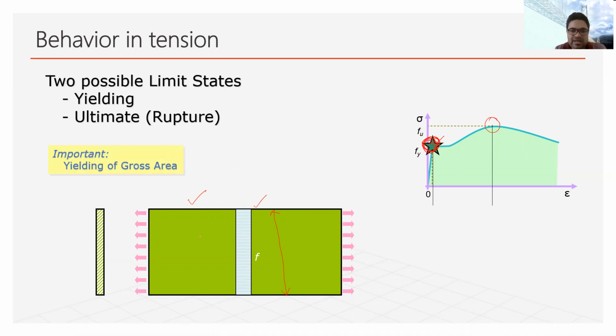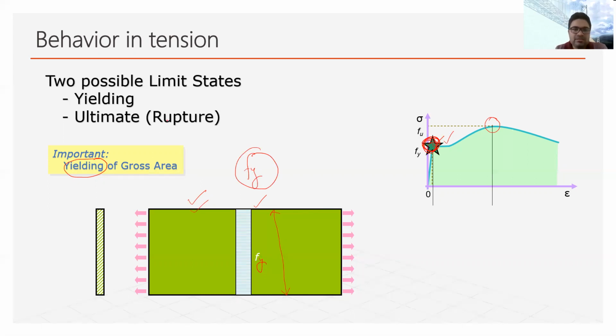in case of gross area, as you can see in this plate, we consider the yielding part only, which means we consider the Fy value in this case. And as you can see, this star is showing that we consider Fy value in this case. Beyond Fy, the whole section is yielding, and beyond that, the whole section is getting in the plastic stage. So because the whole section is in the yielding, we consider the maximum strength of the gross section as Fy value. Okay.